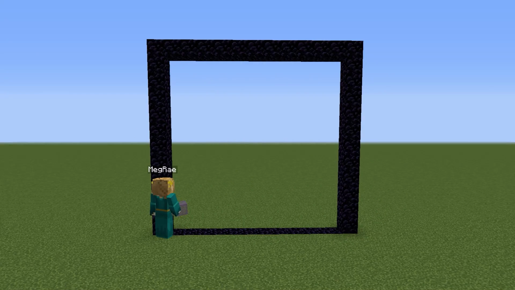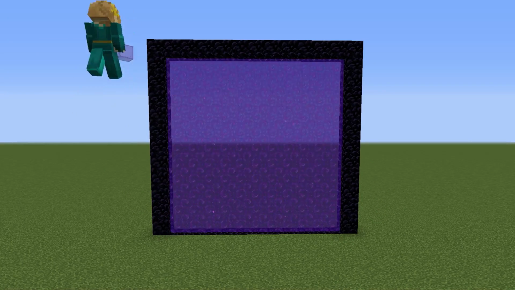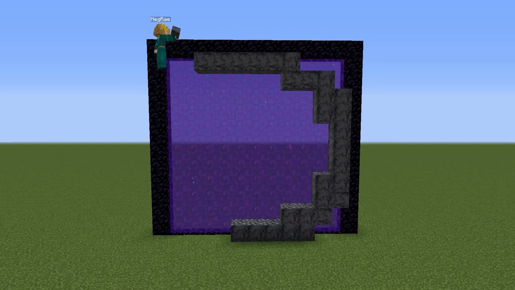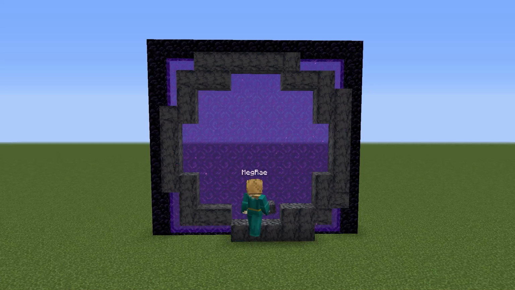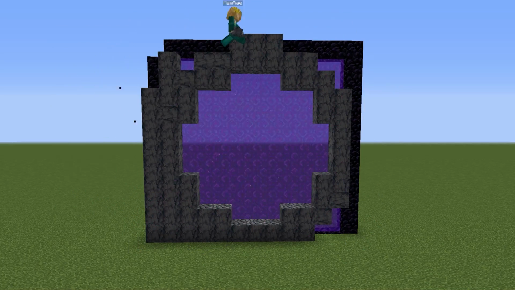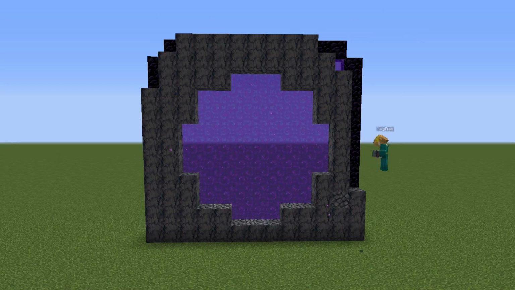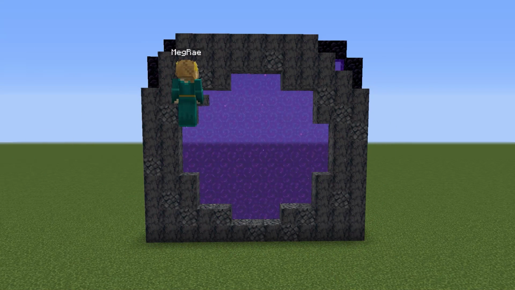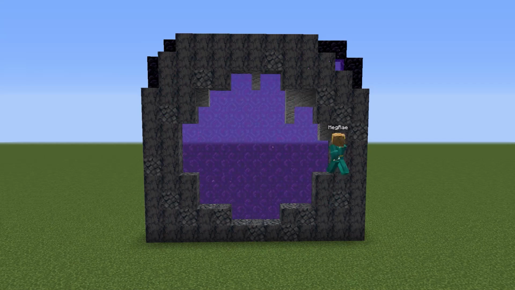This next design is based off of the Amethyst, since it's going to be added to the game, and it's one of my favorite gemstones, so I thought it'd be fun to do a portal based on that concept. So it's going to look like an underground cave type of thing, but with giant amethyst crystals all around it. Again, since we want the portal to be round, we'll start with the round shape